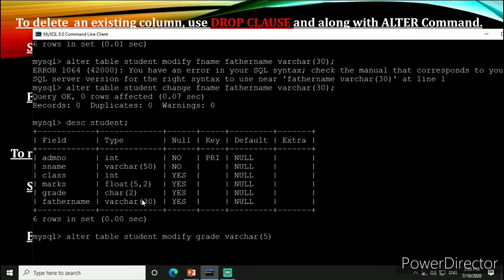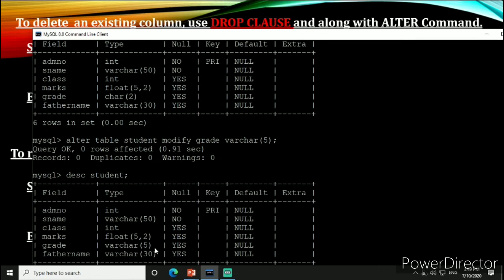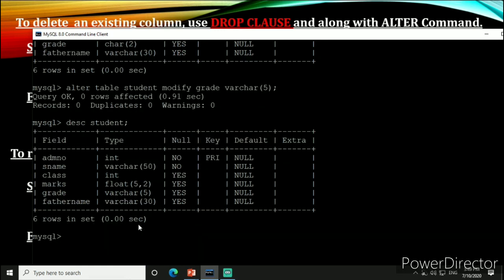Here data type is char 2, but we want to modify its data type with varchar 5. Then see the structure of the table, DESC student. So the data type of the grade column has been changed with varchar 5.